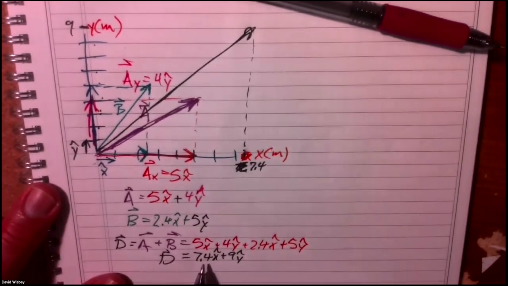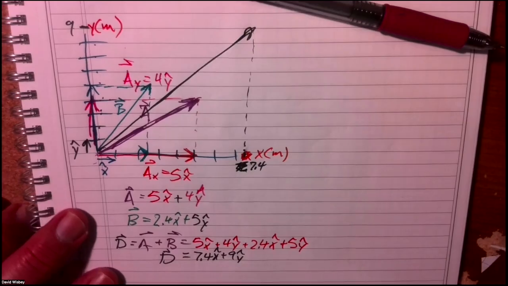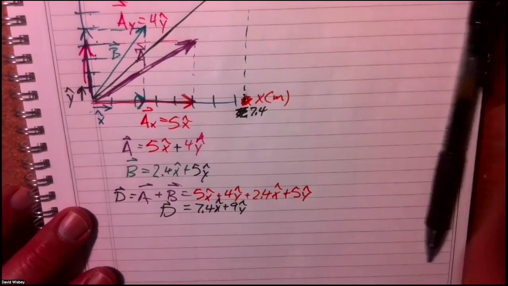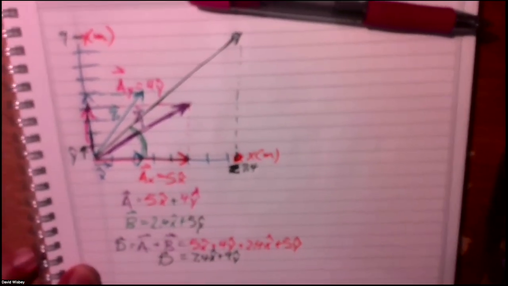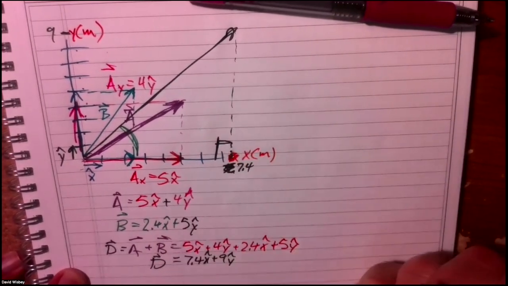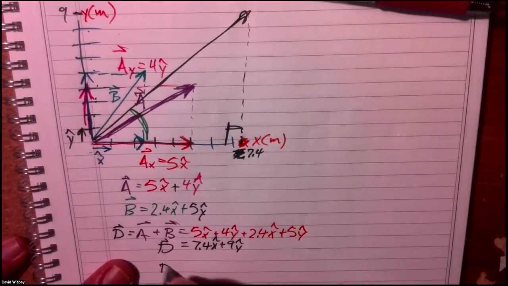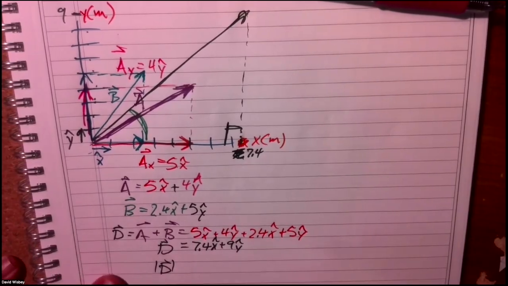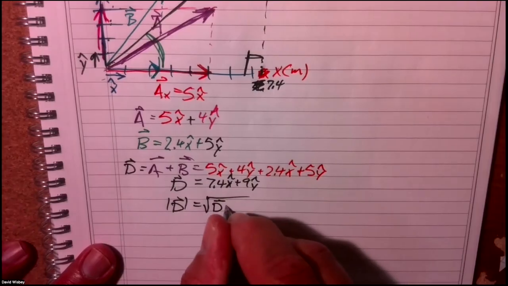So I got my vector here, but what's the angle of D, and what's the magnitude of D? That's what we need to know. What's my angle here of D? Well, since this is a right triangle, I can just use trigonometry to get this. I'll find the magnitude of D first. So here's D. I'm going to put it in these two brackets. And when I do that, what it's really doing is basically D dot D.